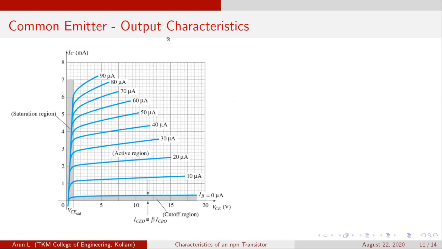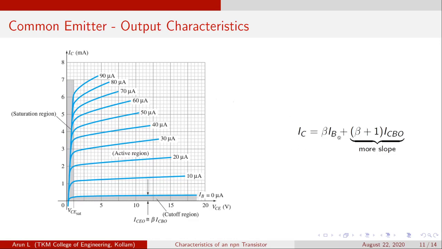Now we will look into the output characteristics of common emitter configuration. So as the name indicates, it is the plot between output current IC and the output voltage VCE for constant input current. So input current in common emitter configuration is IB. So IB will be kept at constant value, say 30 microampere. So you will get a plot like this. So the shape of this graph is similar to common base configuration, except there is a pronounced slope here. The tilt is more. So why that happens?